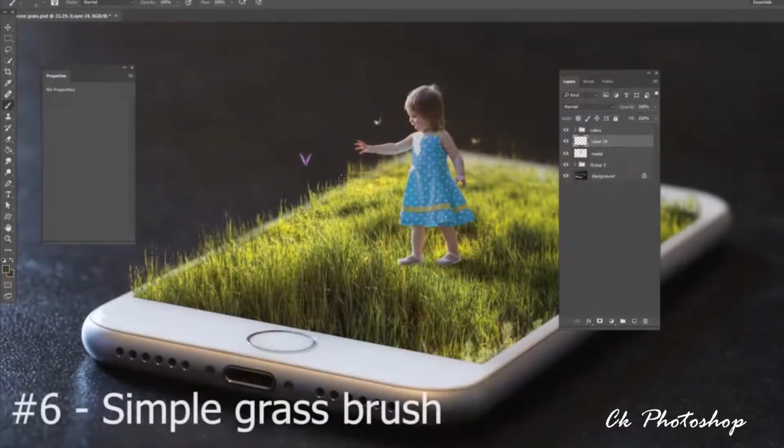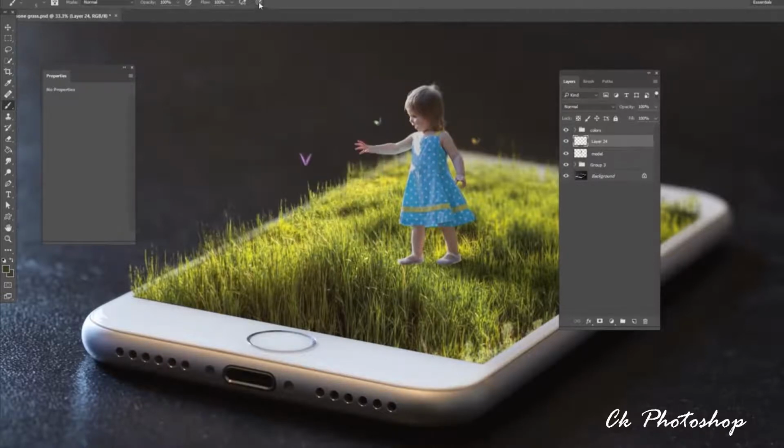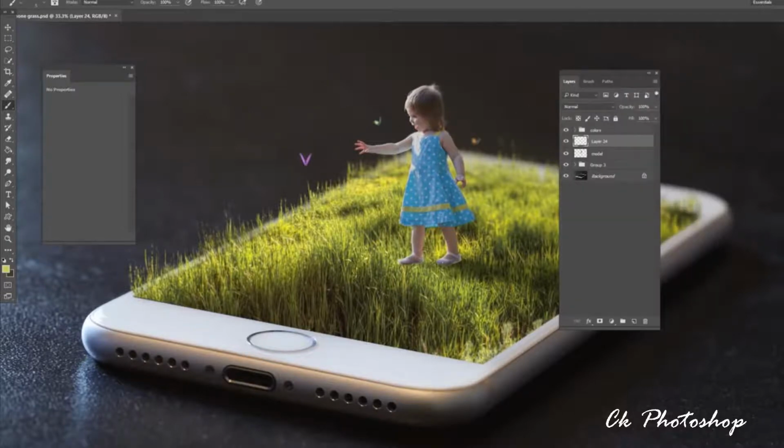All right, this next tip is about blending a model into a grassy field. You can use a grass Photoshop brush, or you can try this trick as well. Get a nice hard, small brush. Make sure your pressure sensitivity is clicked off. Go to your brush shape dynamics and change it to 300 for a fade. Now every time you draw it, it fades out to a sharp point, just like a